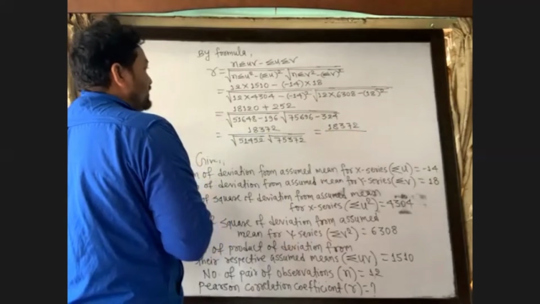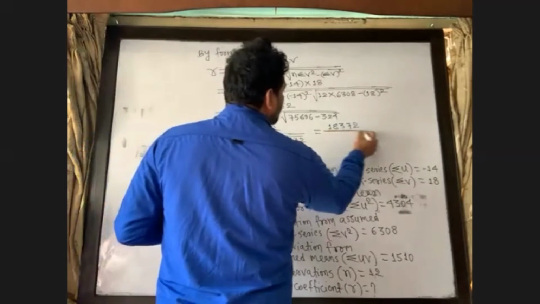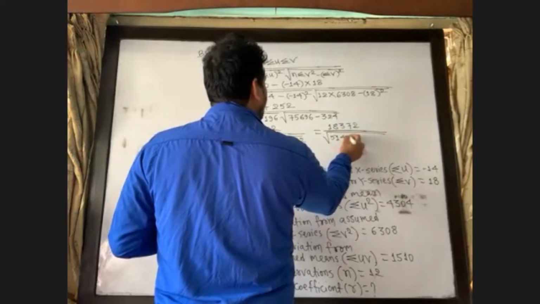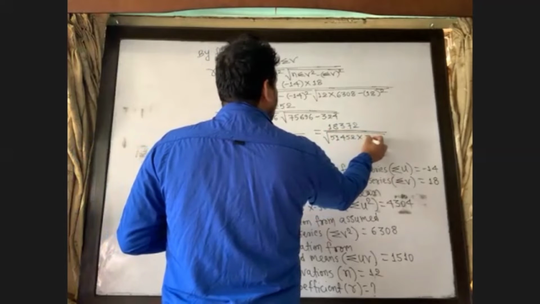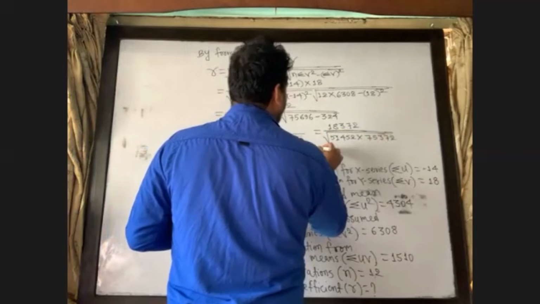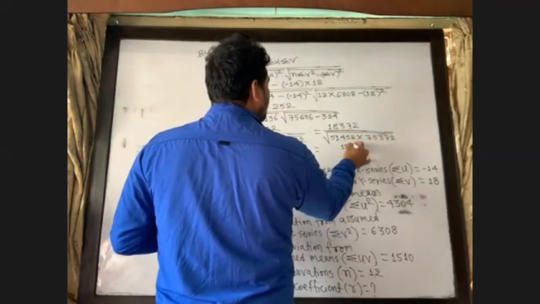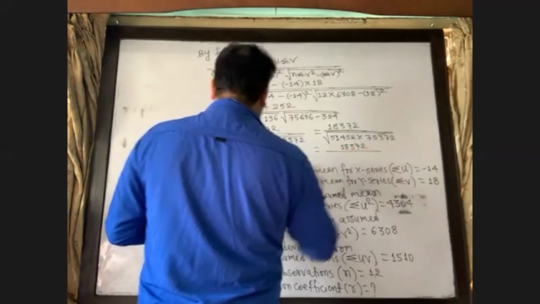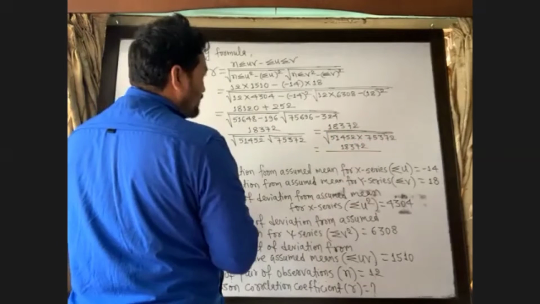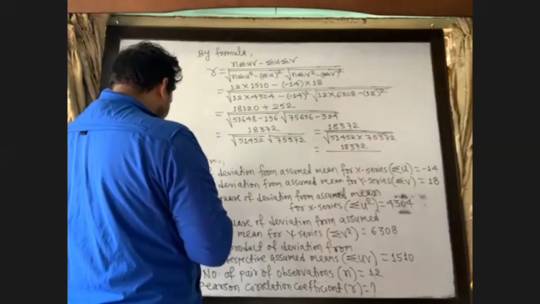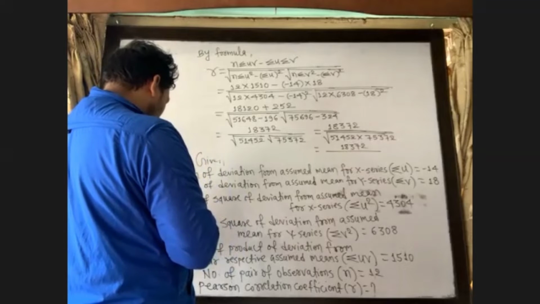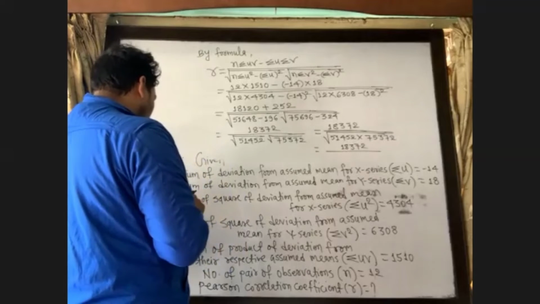51,452. Single square root with that is same. 51,452 into 75,372. Okay, then we'll get here 18,372 divided by, obviously, square root 51,452 into 75,372. We'll get here